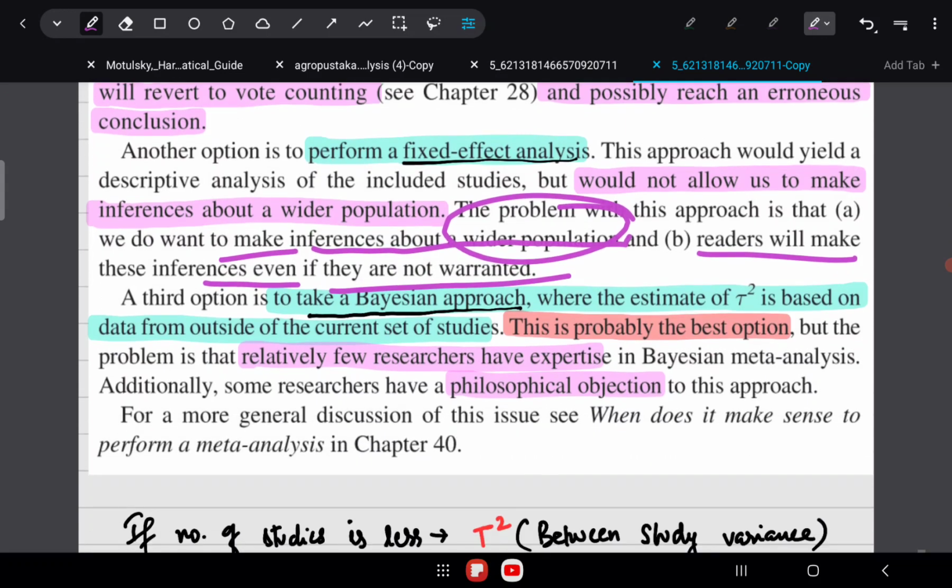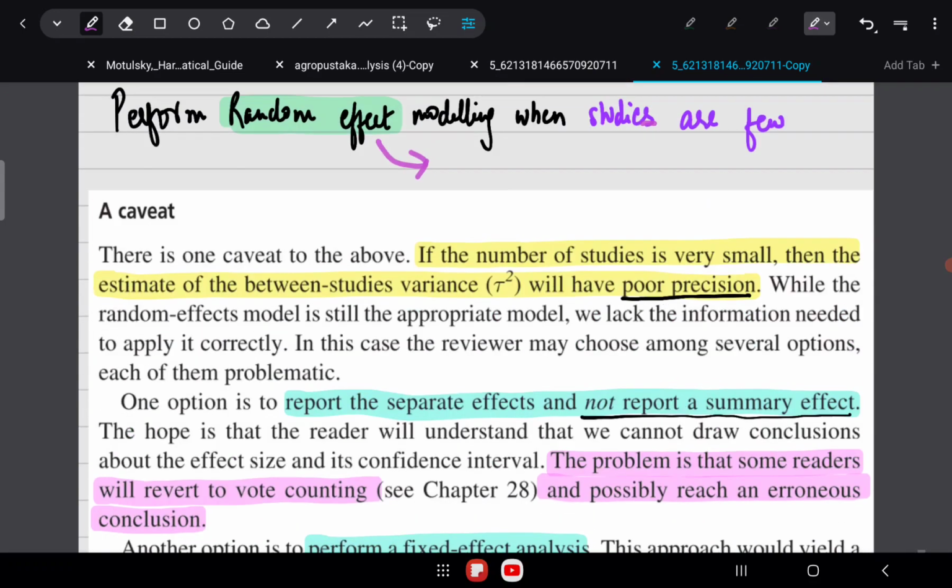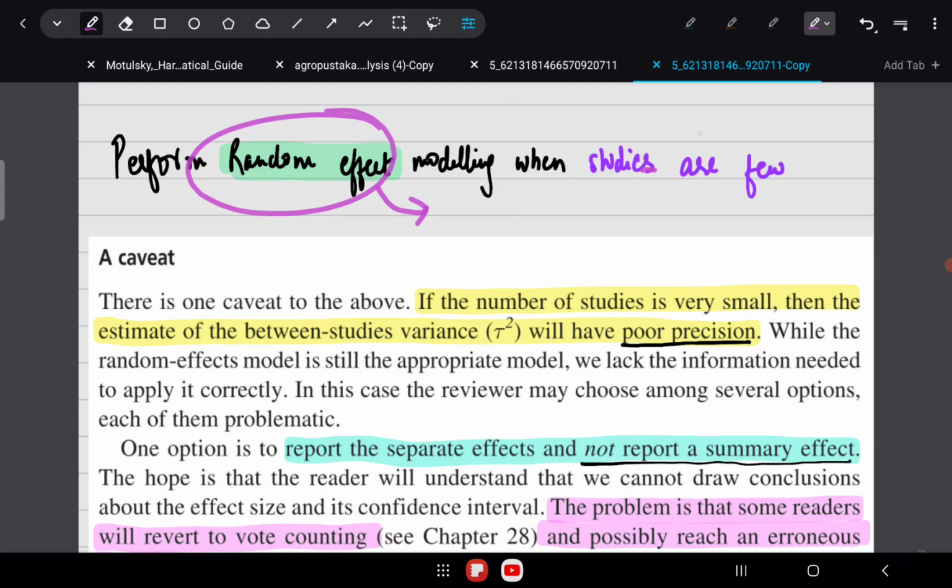The third option is to take a Bayesian approach, and in this approach, to calculate tau square, you will not only use the current set of studies, because you have very few studies. So to calculate this tau square or between study variance, you will use the data from previous studies also, outside your current set of studies, and this is probably the best approach. That would be the Bayesian approach. So just remember, in case of random effect modeling, where too few studies are there, performing a Bayesian